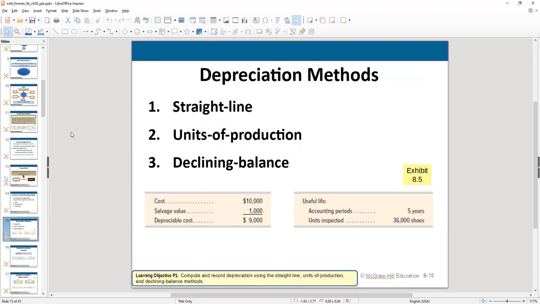Units of production, it's based on the number of units that it will produce. In other words, if you produce 1,000 units at 25 cents a unit, then you multiply 1,000 times 25 cents, and that's going to be your depreciation for that year. And usually there are machine ratings. This units of production is mainly used with machinery, and there's a lot of published information that if you're in an industry,